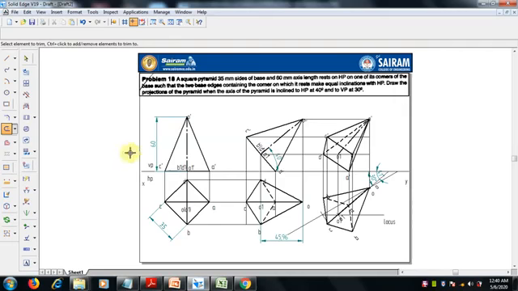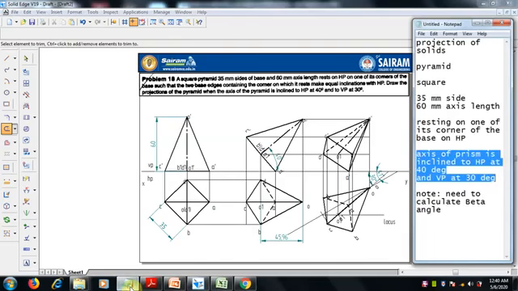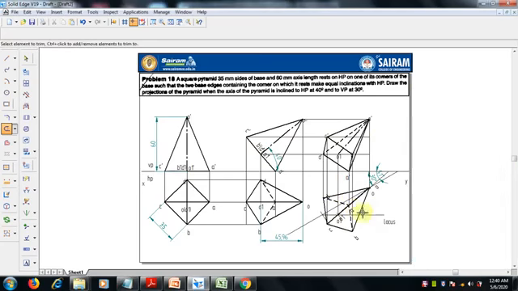Fine. So the problem now, what is given, all should be mentioned here. 35 mm side, 60 mm axis length, and axis of prism is 40 degree inclined to HP, 30 degree and a beta angle. So here we can show this dimension, the axis length also we can